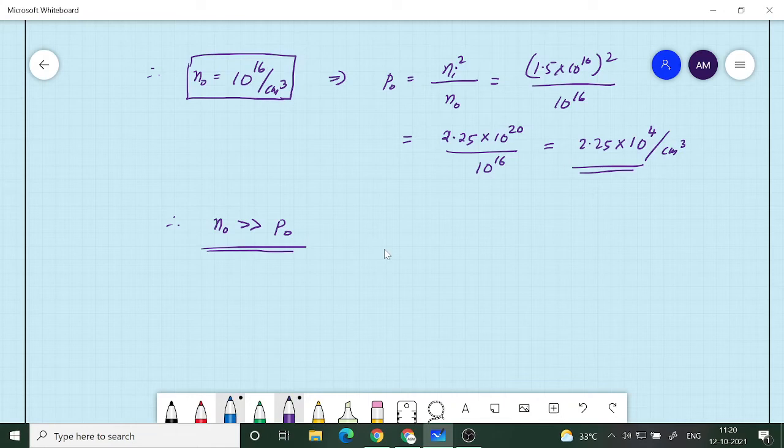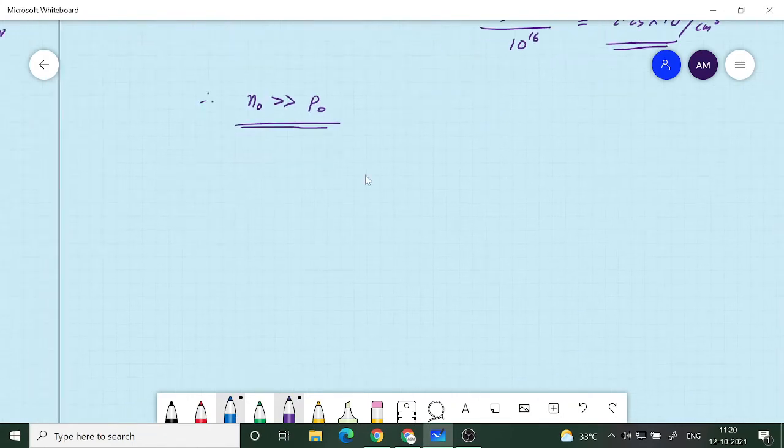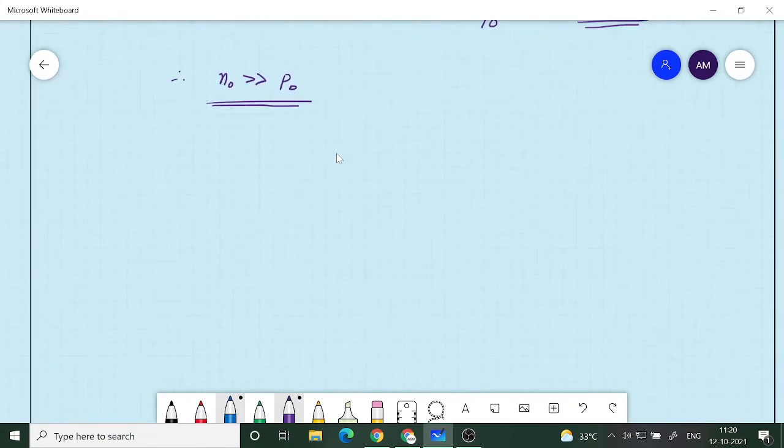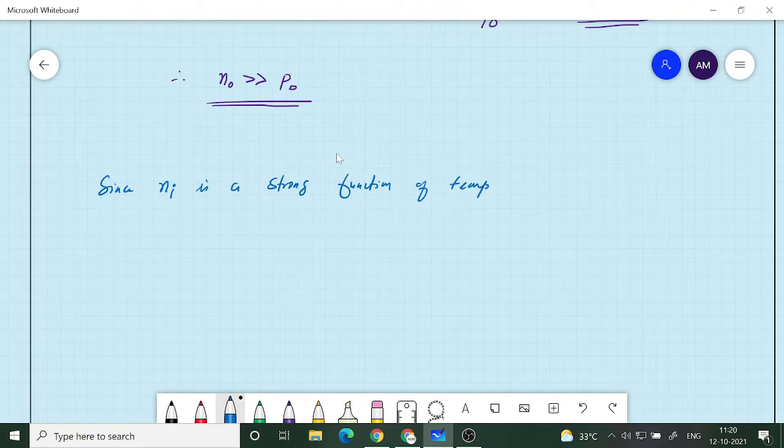That is going to happen with the rise of temperature. Ni is a very strong function of temperature. So at very large temperature, say something like 500 Kelvin or something,